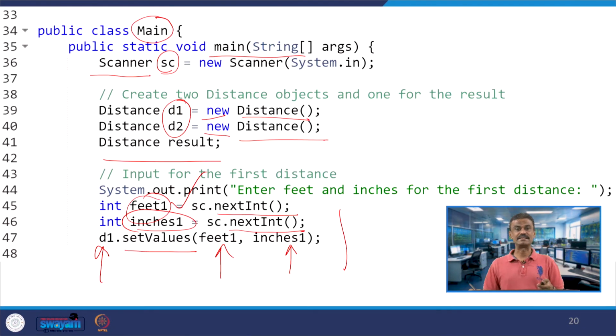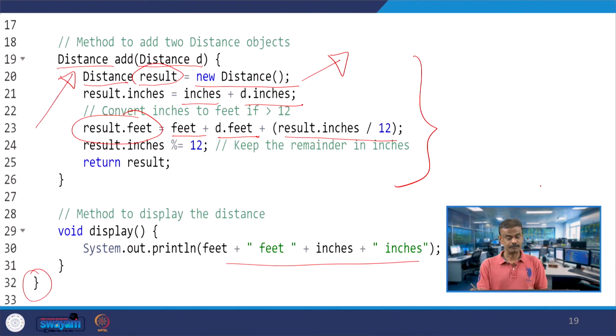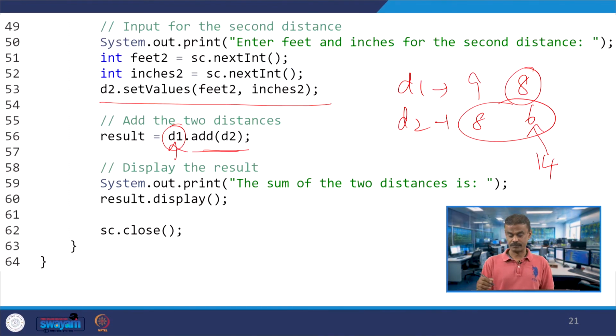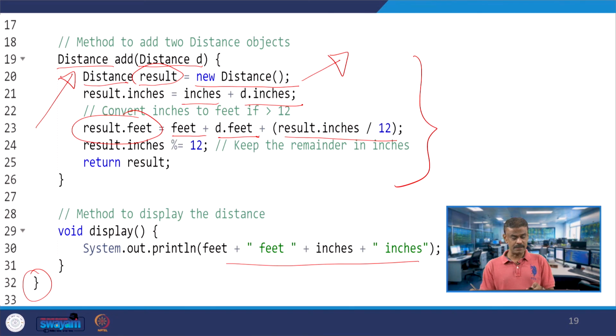So 8 plus 6 is 14. Then for feet, you do feet plus d.feet. Your feet is 9 and d2's feet is 8, there it is d.feet. So 9 plus 8 is 17, plus you have one more statement, result.inches / 12.